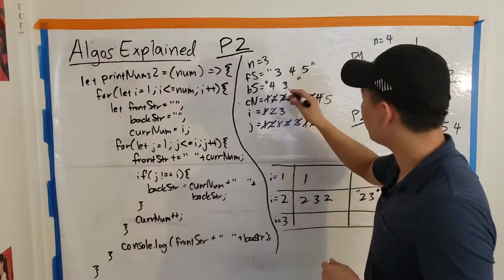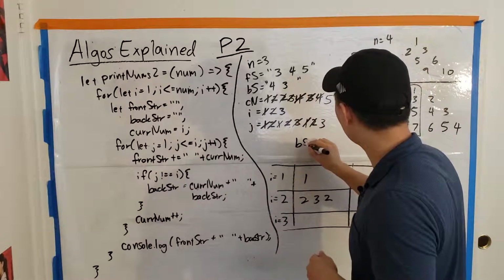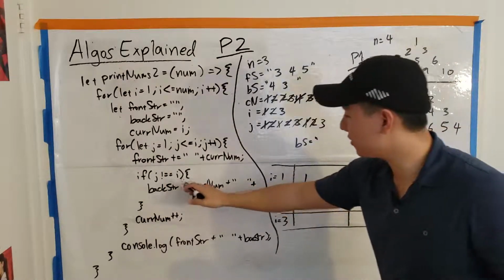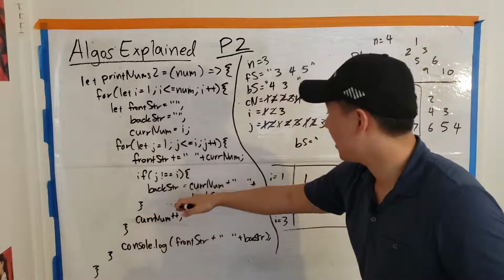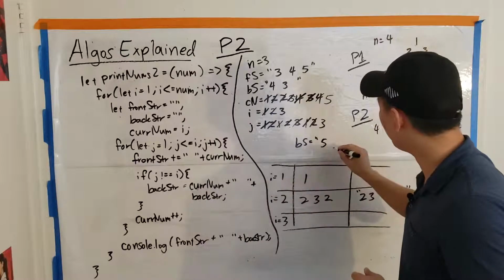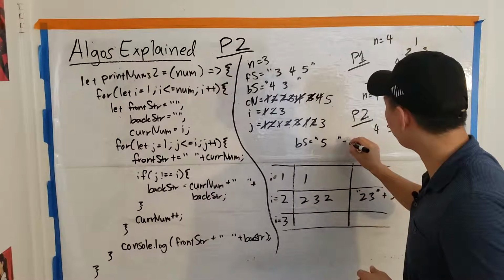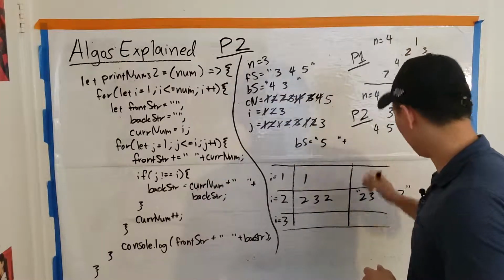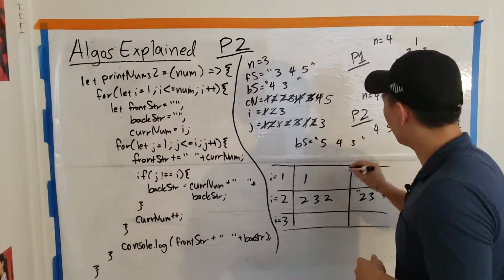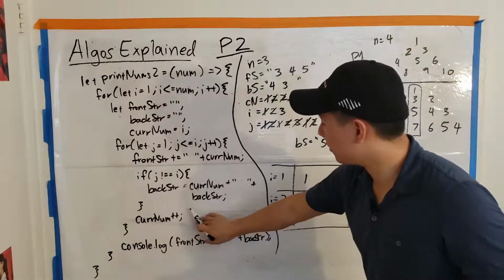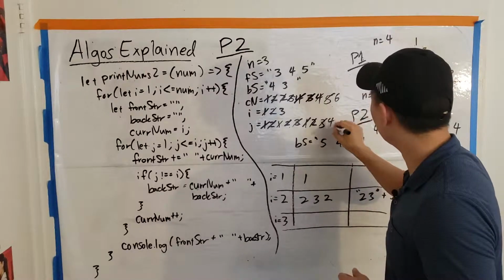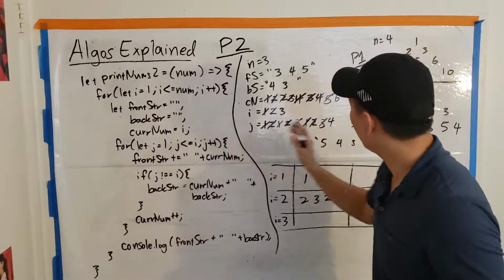So we're not going to touch our backstring, but again, just for repetition's sake, let's assume in an alternate universe we didn't have this condition. And so what we're going to do is current num 5 plus a space plus pretty much whatever this was. So now it's going to be the 4 and the 3, like that. And current num increments to a 6. That doesn't really matter because J increments here to a 4,